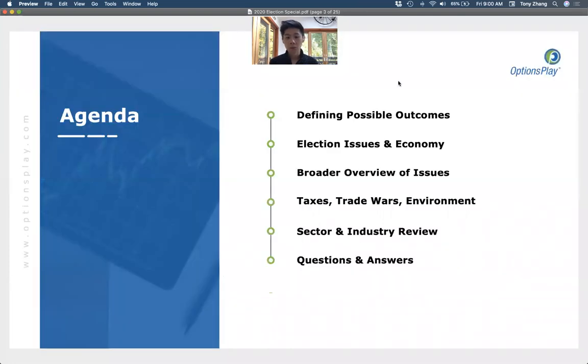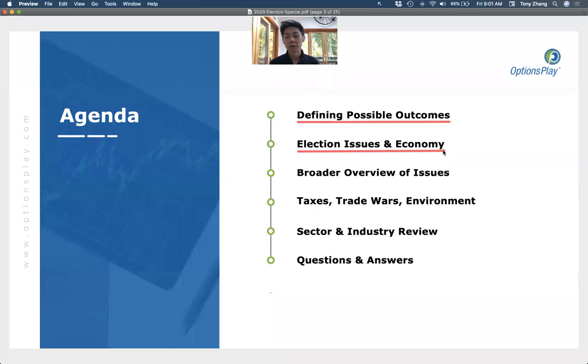In order to take a look at the 2020 election outcome and what our expectations are, we need to first start off by defining possible outcomes, meaning what are the possible outcomes that we're currently looking at for this election, because all of the views that we have on different industries and sectors come from analyzing how each industry might perform under the different outcomes. So I want to first define that, take a look at where the polls currently sit on that front. Then we'll take a look at what the election issues are that are currently on the board